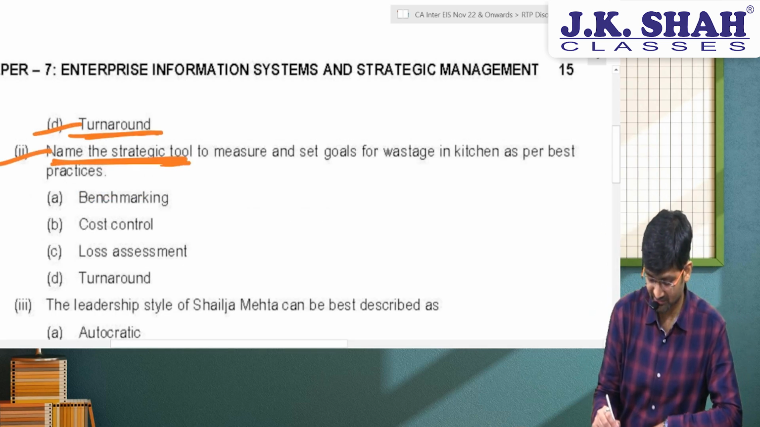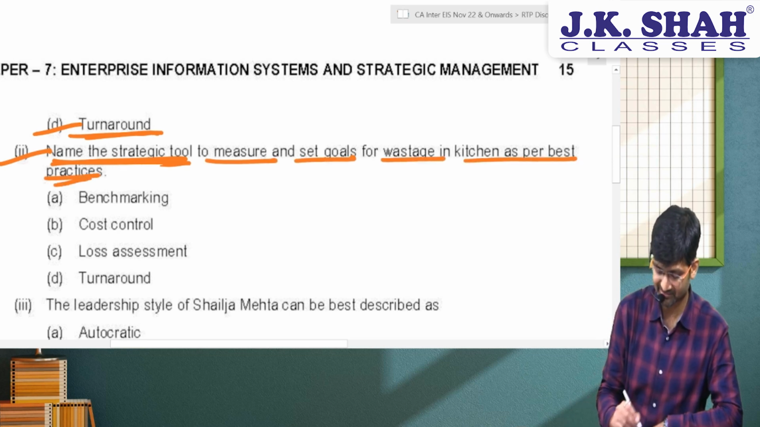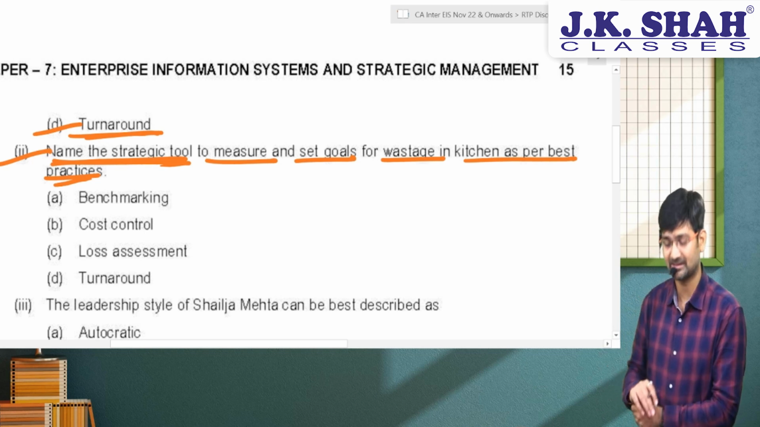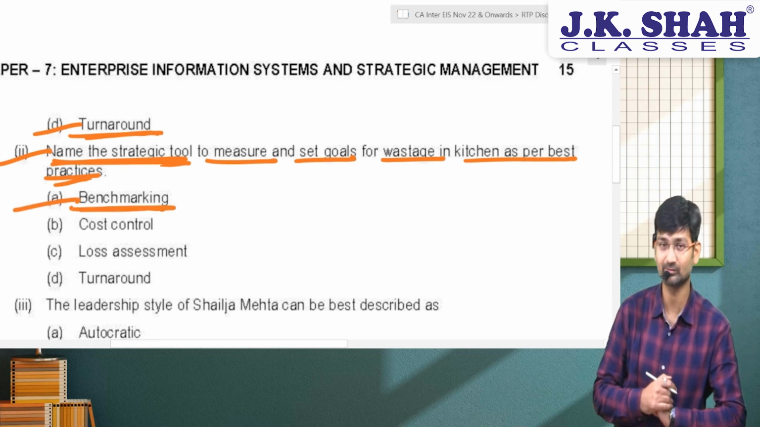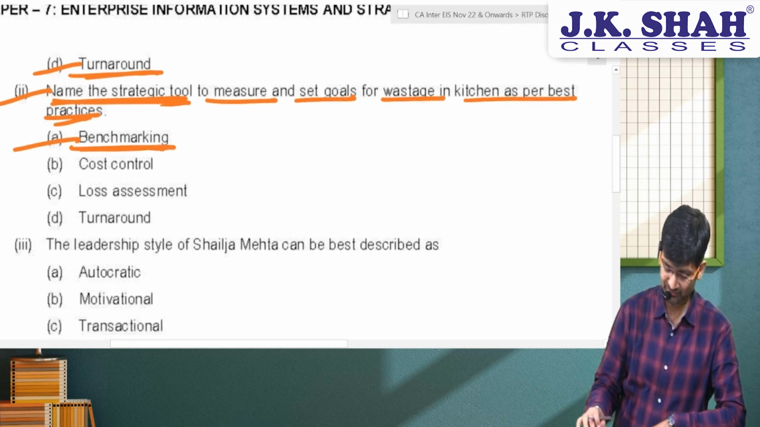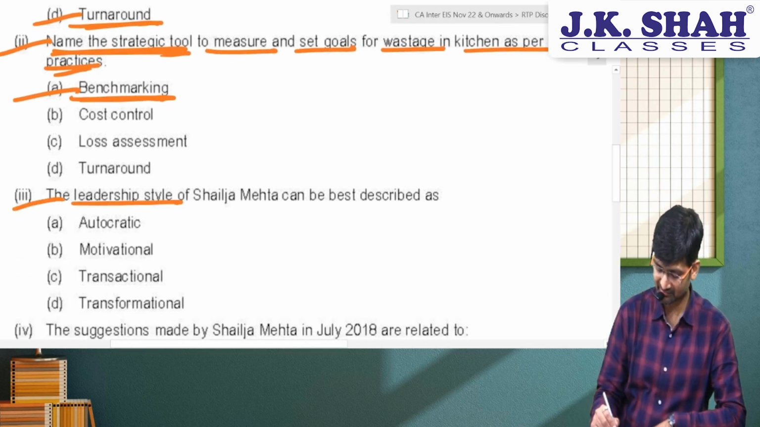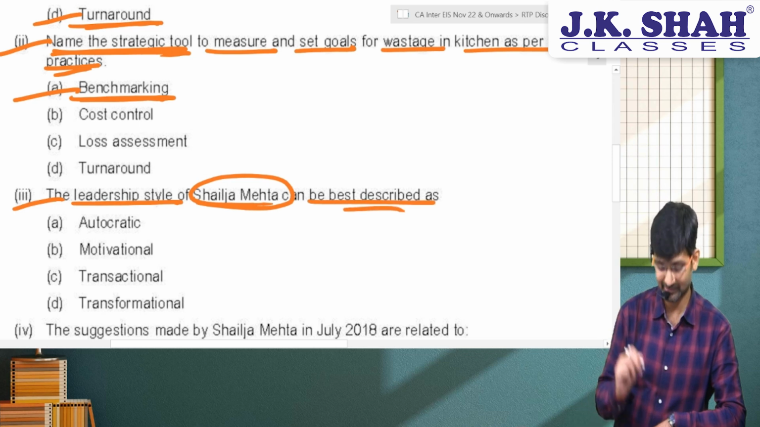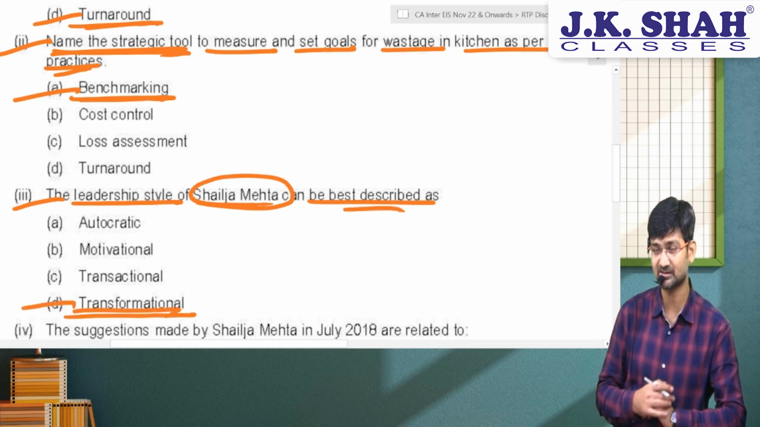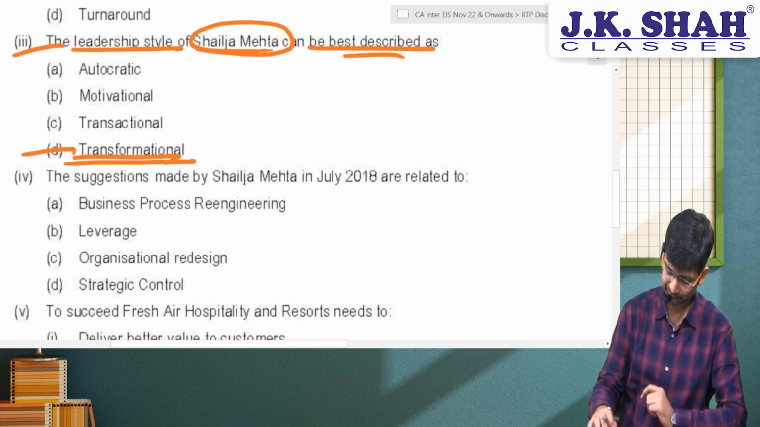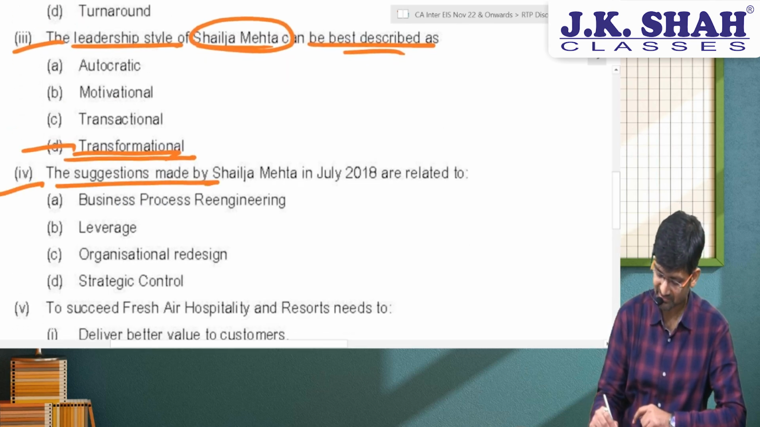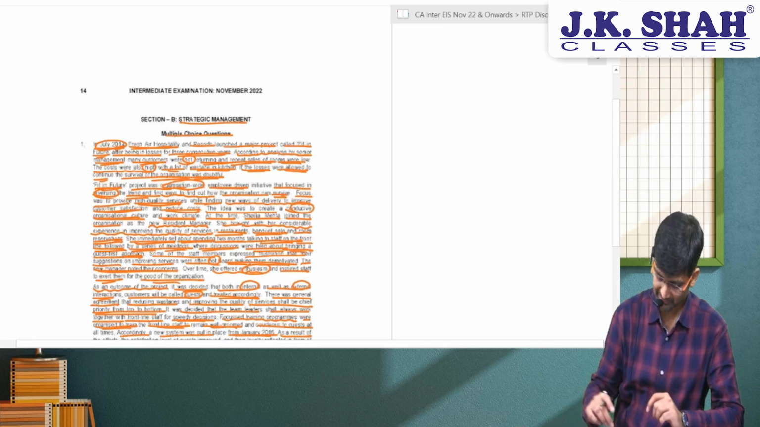Name the strategic tool to measure and set goals for wastage in kitchen as per best practices. When you set a tool to measure and goals based upon best practices, you know what that is called. Benchmarking. The leadership style of Shailja Mehta, you know that words, transformational, it should immediately click you. Transformational style, motivational style. The suggestions made by Shailja Mehta in July 18